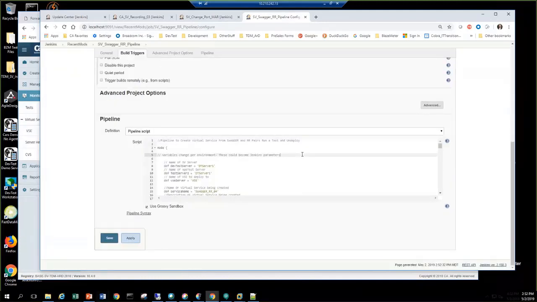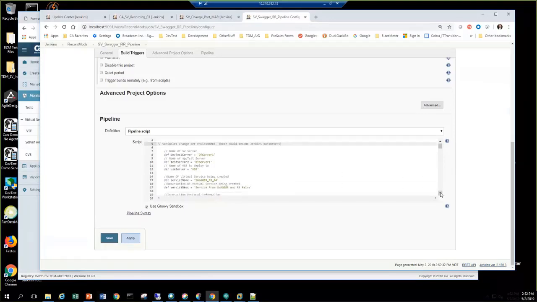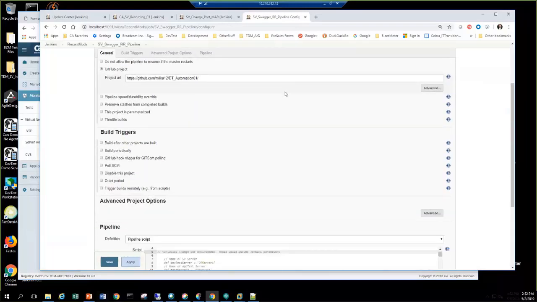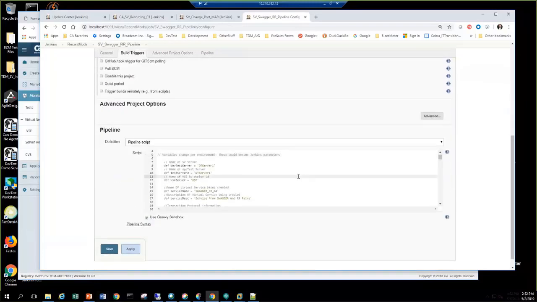So in pipelines, you have nodes and you have stages. I've got some variables here that'll change per environment. These could, of course, become Jenkins parameters. If you wanted to parameterize that, you just have to go up here and say this project is parameterized and build the parameters in. So as we go down here, I'll need like the DevTest server, the name of the VSE server, what I'm going to call my service, a description of my service,